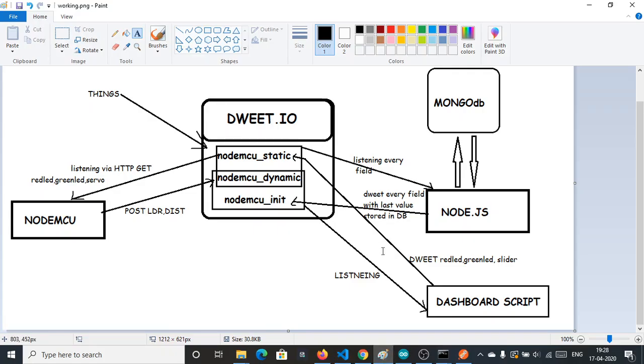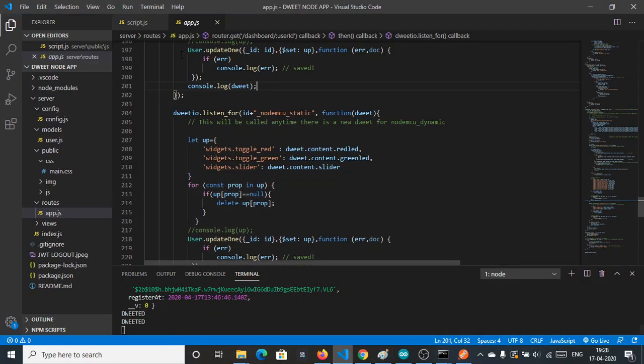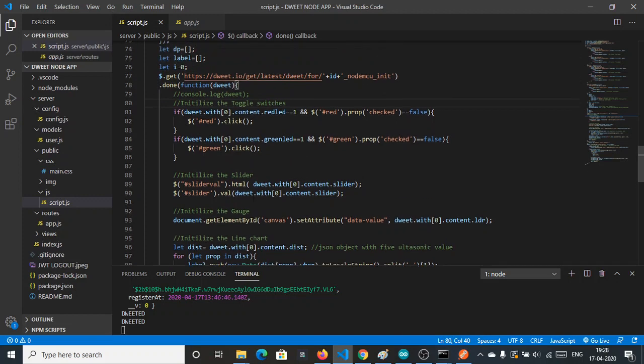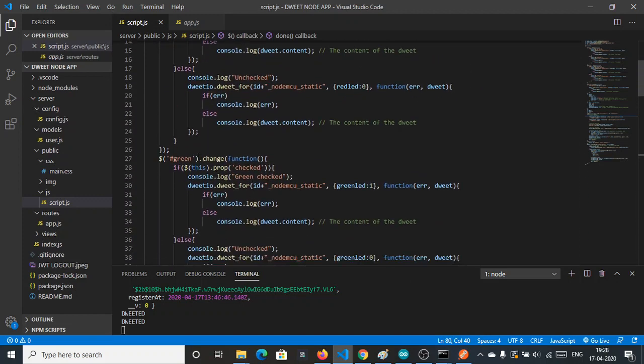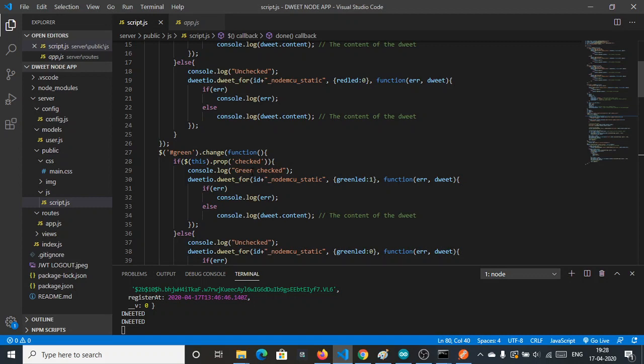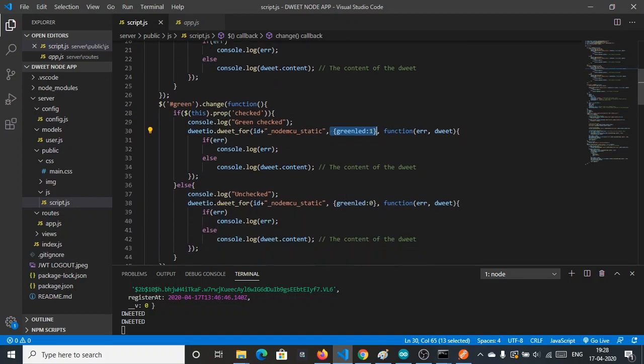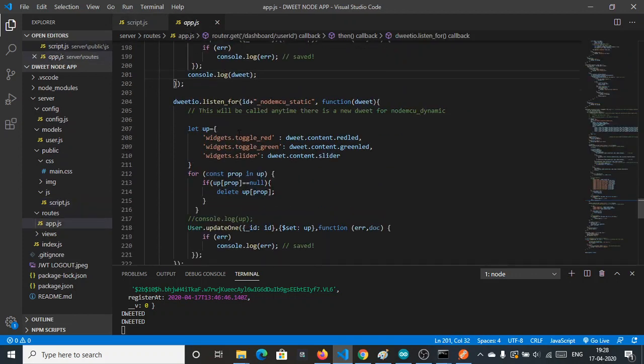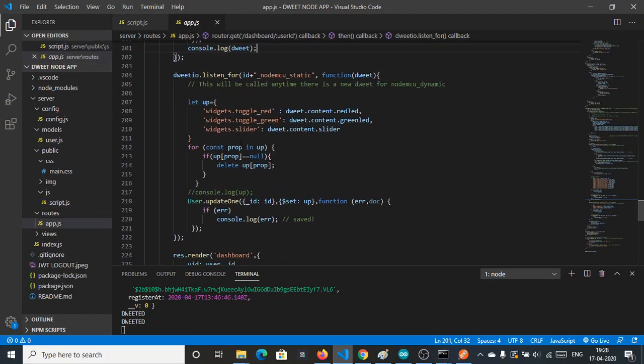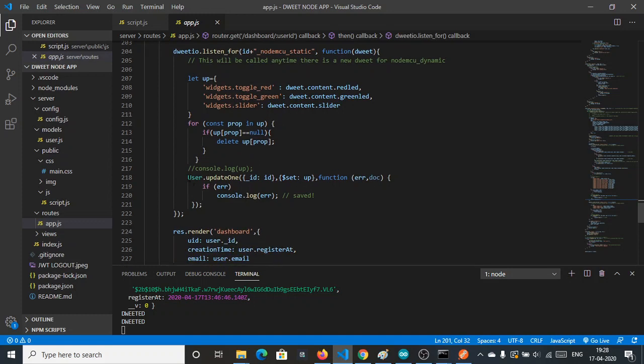These static values are updated by Node.js, and the data is sent to this field by our dashboard script.js. In the top you can see, as soon as the green light is toggled, we send NodeMCU green LED equal to the green LED object, and as it is turned off we send green LED as 0. This is the type of object, and we are storing this data in our user field,